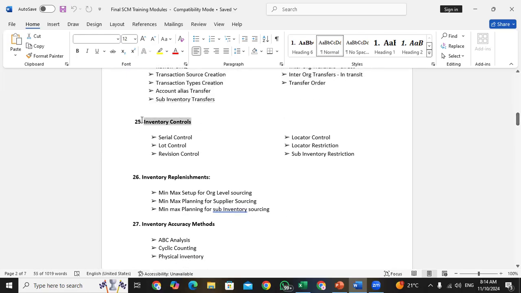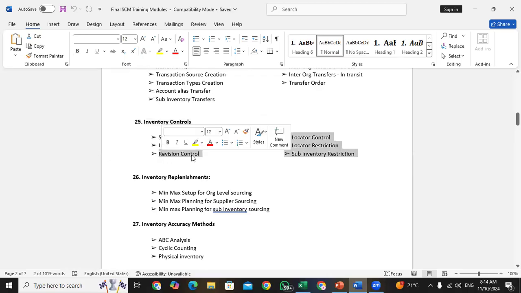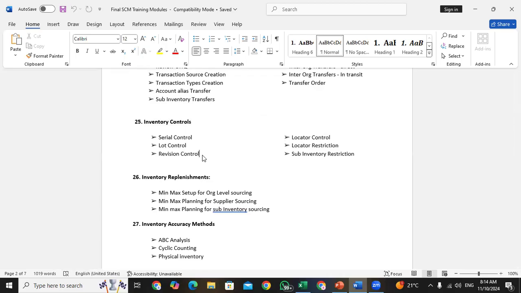After that, inventory controls are there. This is one of the important functionalities in inventory. For some products in the inventory, we have serial numbers. For other products, we have lot numbers. For software products, we have revisions, like revision 1, 2, 3, or revision A, B, because we cannot change the complete product. We just add some features and we call it a revision. So for that, we have inventory controls in the inventory. So this is all about the inventory-related